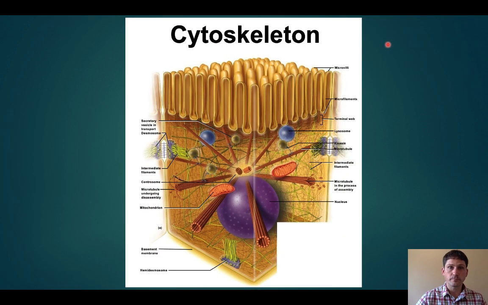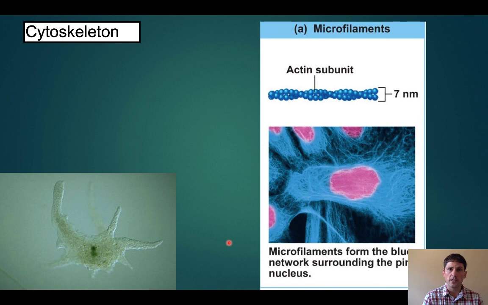So here's just another image of what that cytoskeleton looks like, just to give you a little perspective of some three-dimensionality here. You can see that here's that desmosome holding a couple cells together, and you can see we've got intermediate filaments that are coming in to our cytoskeleton and meshing in with our cytoskeleton to help make a really secure connection between those cells. Again, we have the same thing going on down here with our hemidesmosomes and that basement membrane. So let's move on and look at each of these